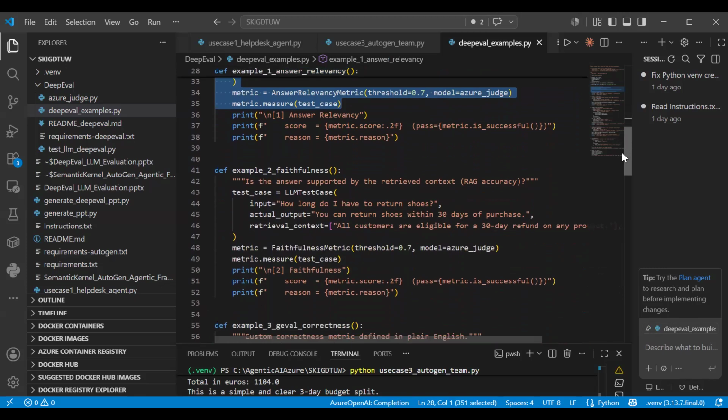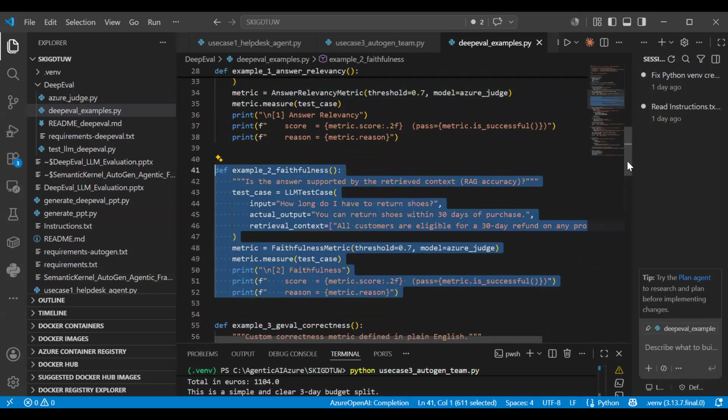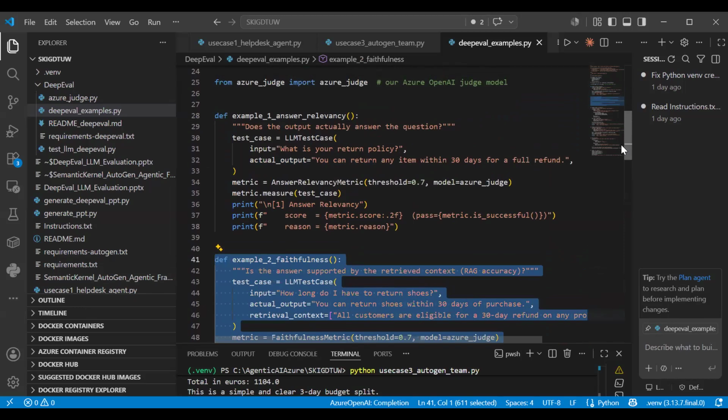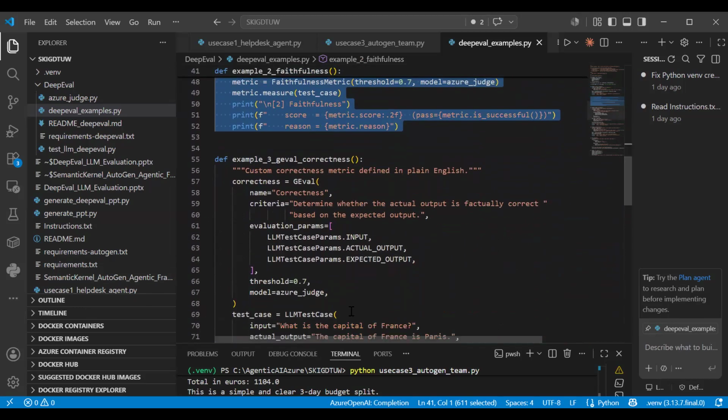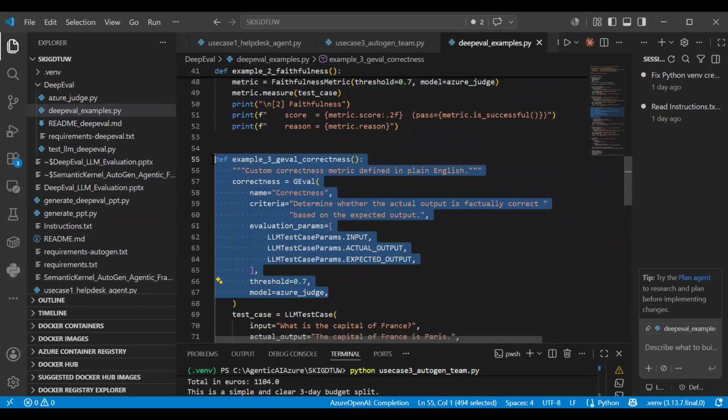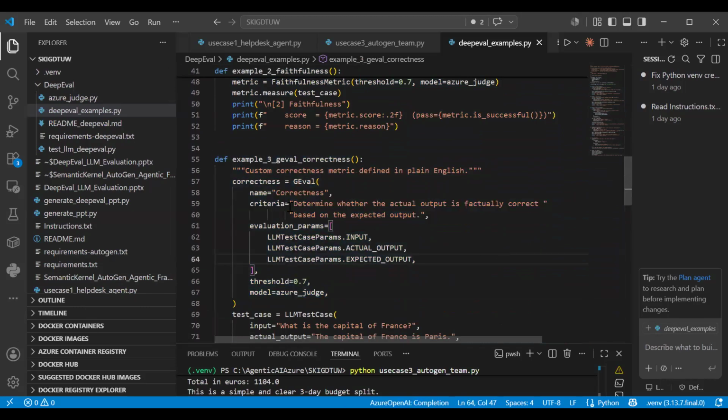If you go down, we have the second metric called faithfulness. In the same way we calculated the first metric, relevancy, we then have faithfulness, and then something called correctness. Even the criteria for this correctness we are giving. So for custom correctness, whatever you want to write, you can write.